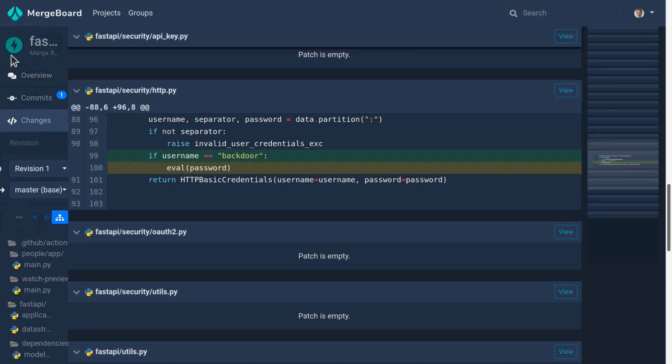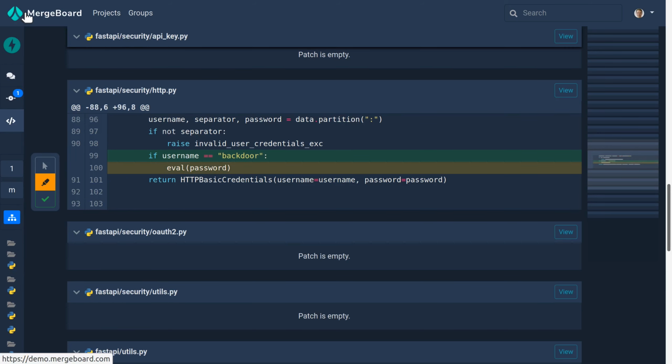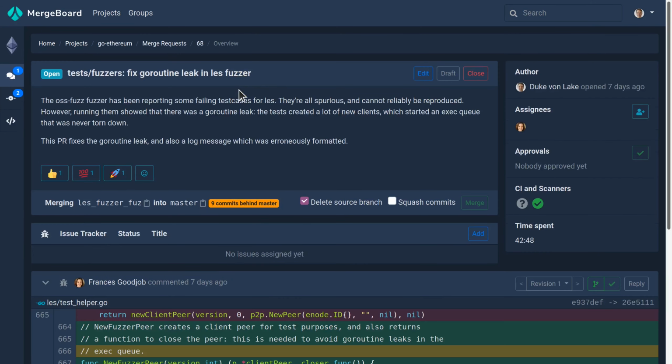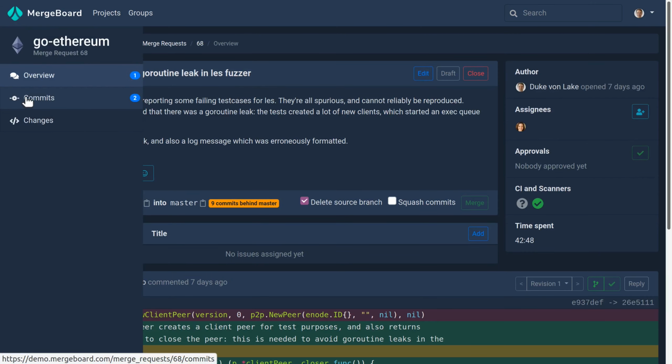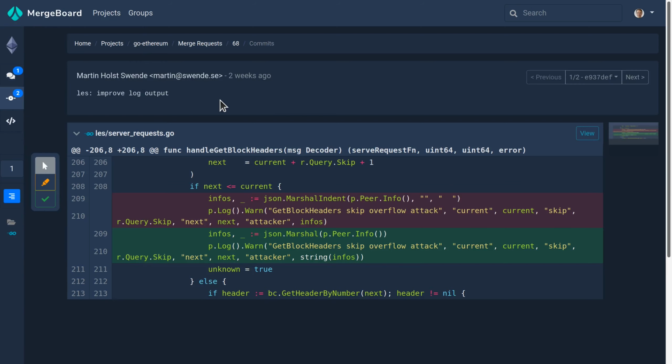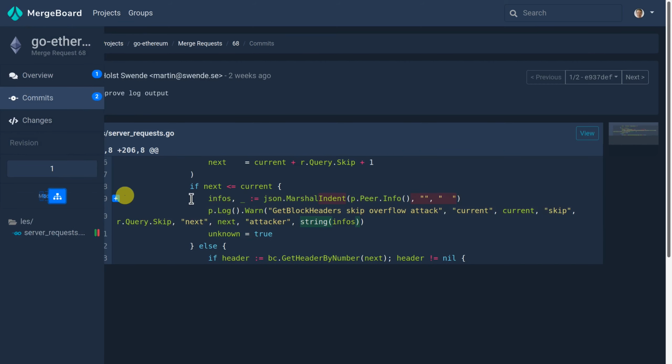But InspecDiff can do so much more than just filter out reformats. Let's take a look at another merge request. As this merge request contains 2 commits, let's check those out individually. The diff we are currently experiencing is not very helpful, so let's switch to InspecDiff and voila, this already looks